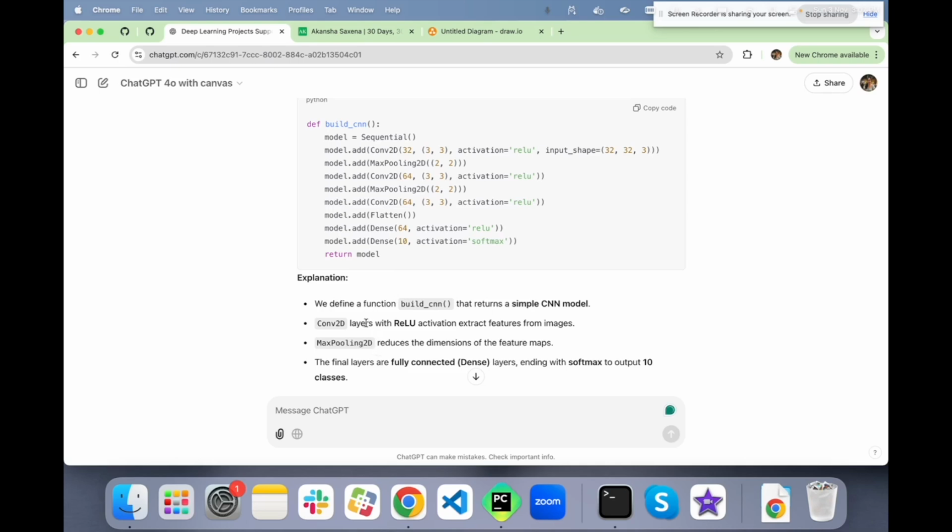So this convolutional 2D layer is added with the activation function ReLU, which is rectified linear unit, and we add it to extract the features from the images. Then we have max pooling 2D. It reduces the dimensions of the feature image maps. We will understand that also in the coming videos. Now we want to reduce the extracted features from the images